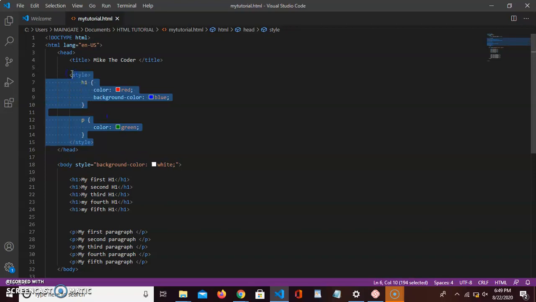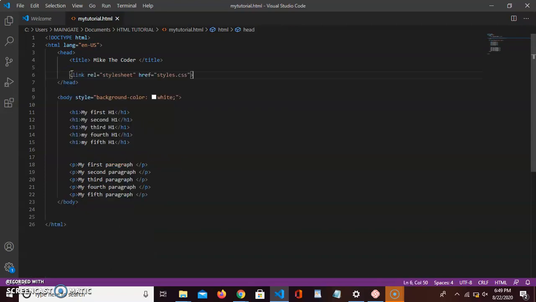If I clear this right now, let me just explain that clearly to you. And I paste this. Then we have the relationship between them. We have something like the relationship. If you want to use external CSS, for instance, let me just show you an example. You have to use something we call